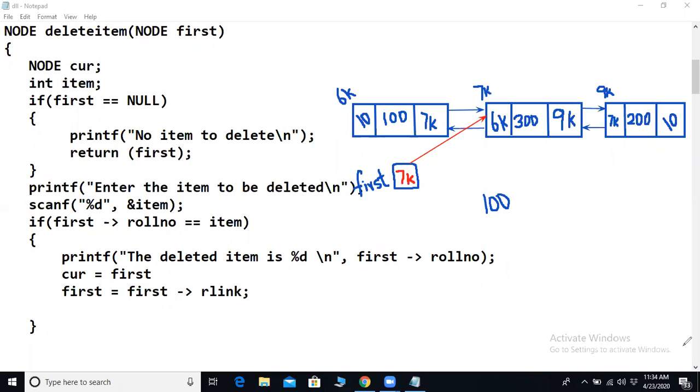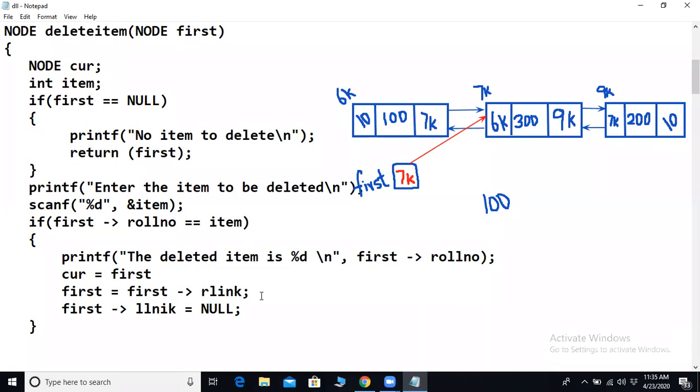The 7K L link should be updated to null. Exactly. Where is that 7K? At first. So how do we do that operation? first->llink is equal to null.